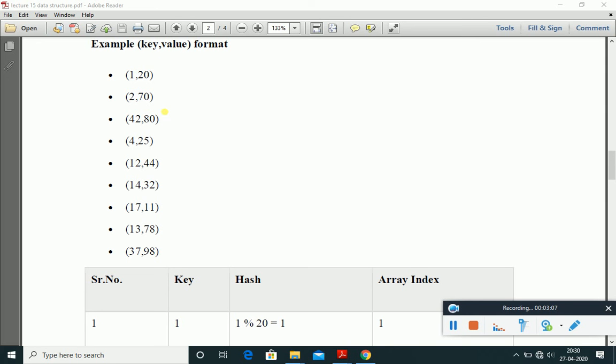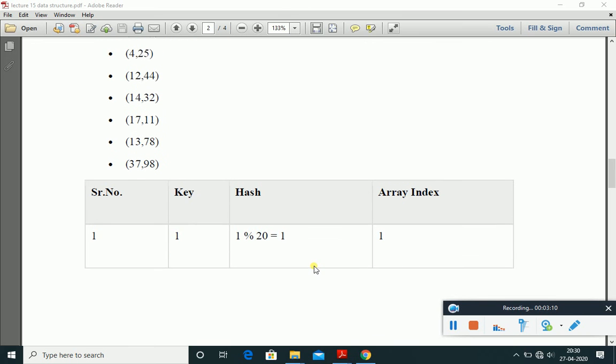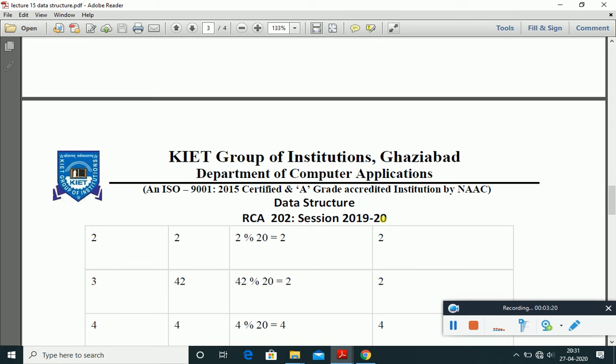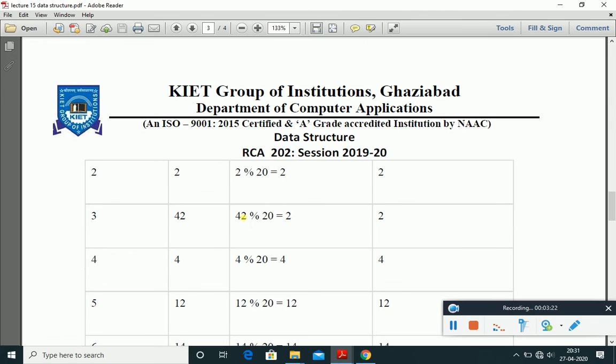So we will divide each of the key values by 20 and get the remainder, and that remainder will work as an array index of the hash table. So 1 by 20 gives 1, 2 by 20 gives 2, 42 by 20 gives 2. Here you can see we are getting the same address for two different keys.